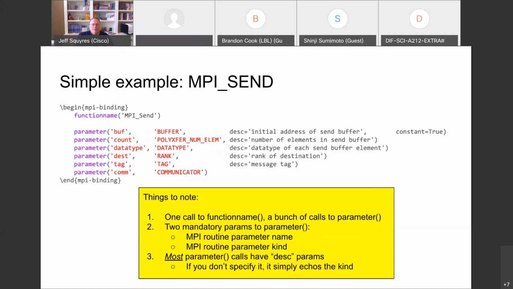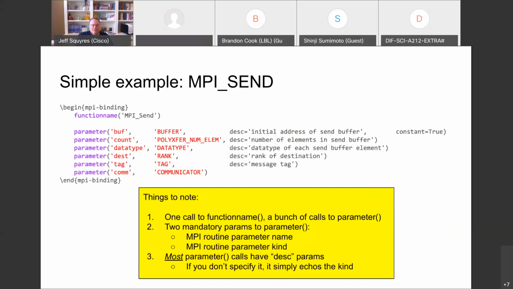And then you call parameter to describe each parameter in that function. And of course, ordering matters. The Python will maintain the order in which you called parameters, so buff, count, datatype, et cetera, et cetera. There are two mandatory parameters to every call to the parameter function.